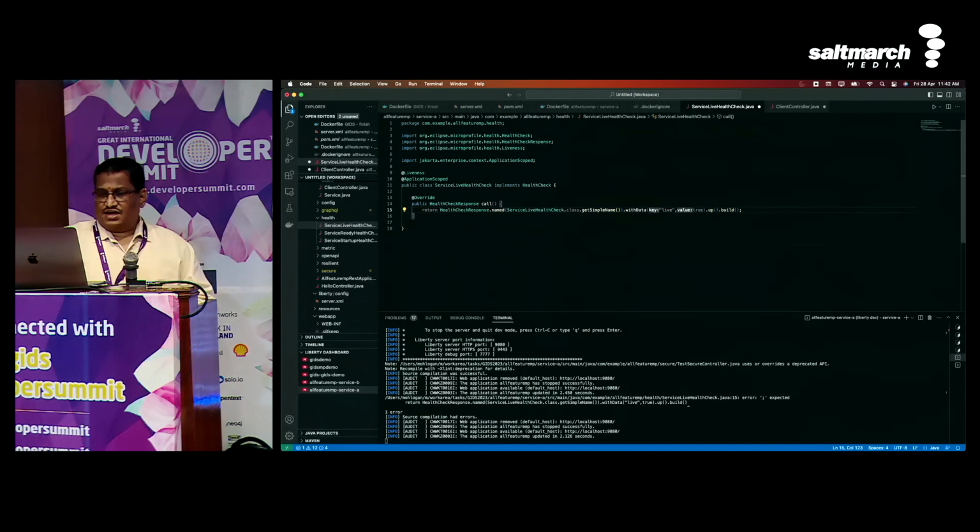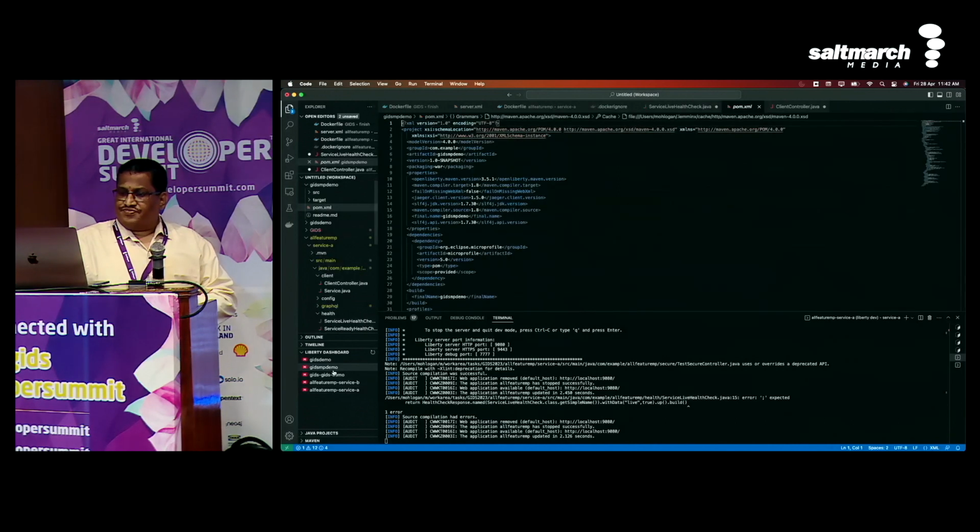It also has the capability to deploy the service into containers. So if you have Docker running on your machine, this automatically creates the image and deploys it into a container. For example,